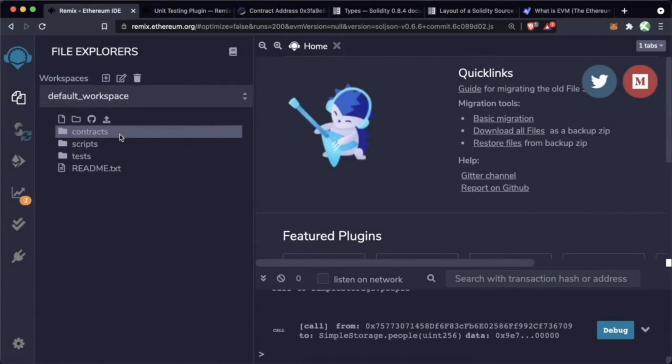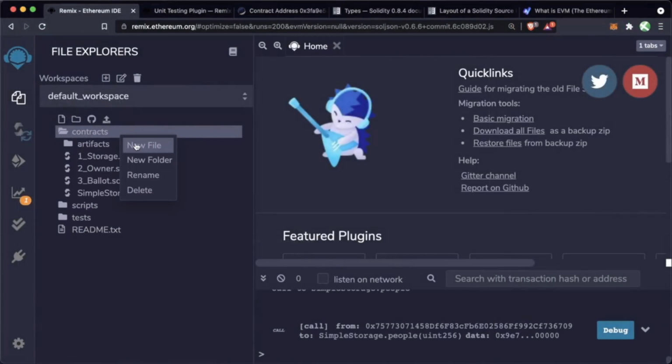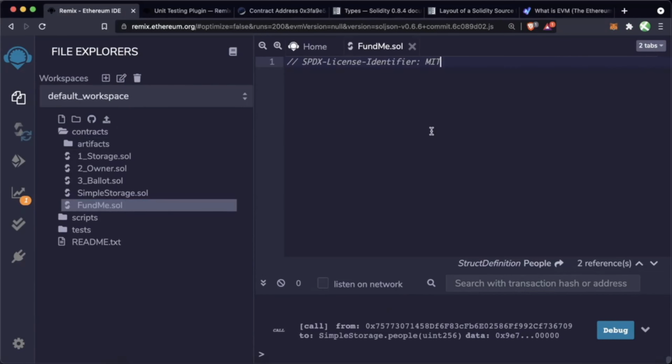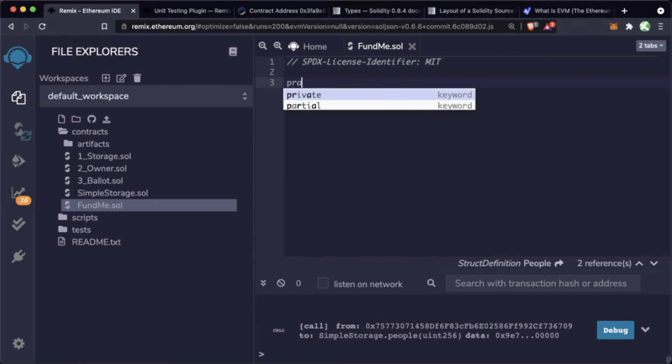So we're back in Remix now, and we're going to go to contracts, and same as before, we're going to create a new file. We're going to call this FundMe.sol. Now, same as last time, we're actually going to add this SPDX license identifier, MIT right at the top, and then we're going to choose our Solidity version. So we're going to go pragma solidity, and for this, we're just going to do greater than or equals to